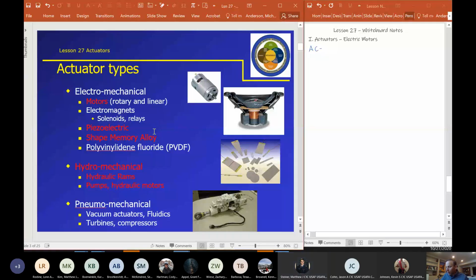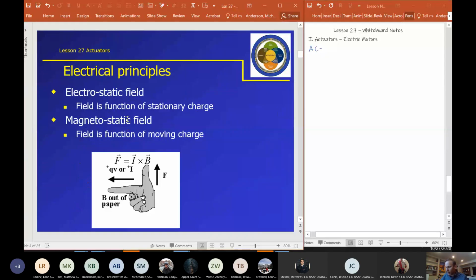Okay, so I've tried to give you an outline of various types of actuators out there in white, but the red ones are the ones we will directly talk about. We'll jump right in with the simplest type of electromagnetic actuators. Before we do that, all the actuators we're going to talk about today, solenoids, DC motors and brushless motors,